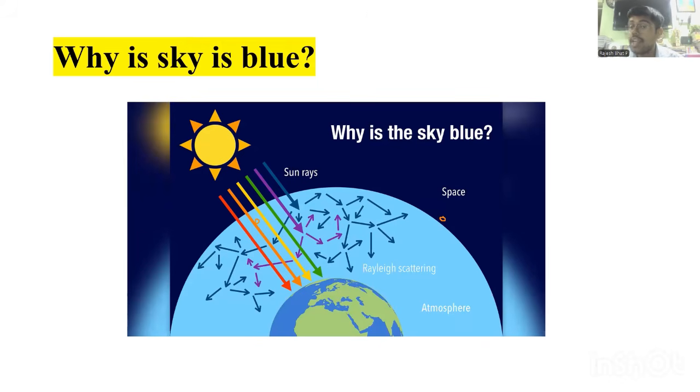If you see the three colors which are bending the most, violet, indigo and blue, our eyes are sensitive to